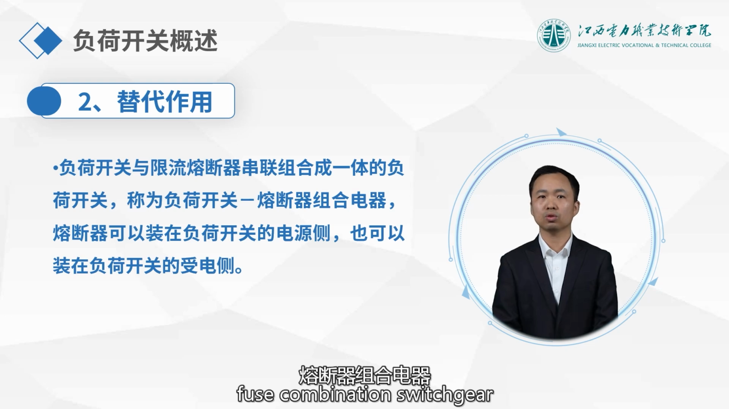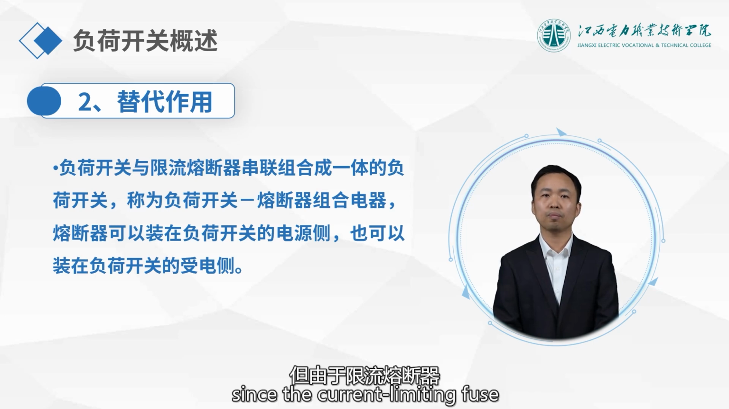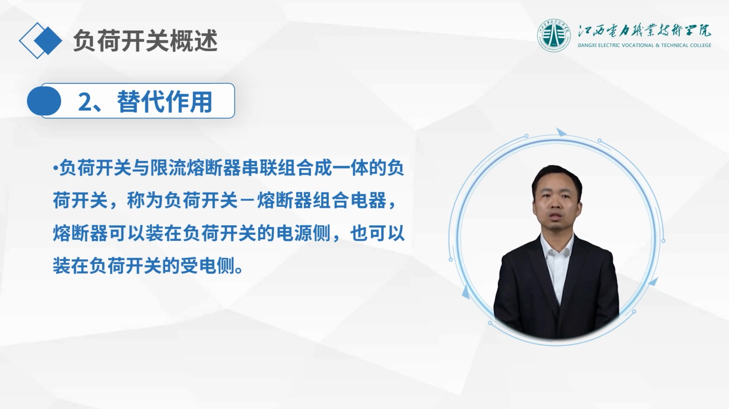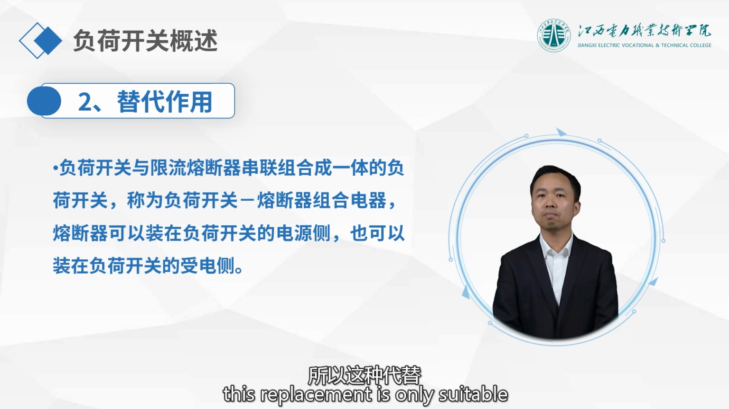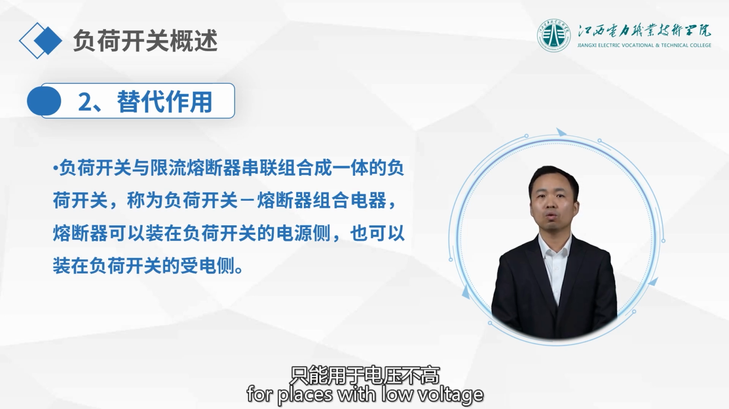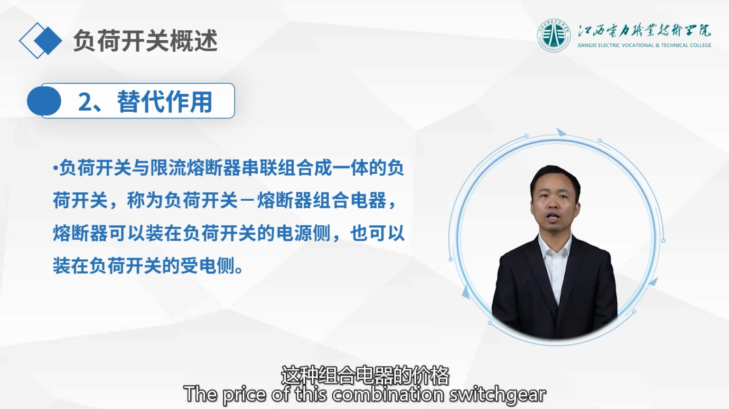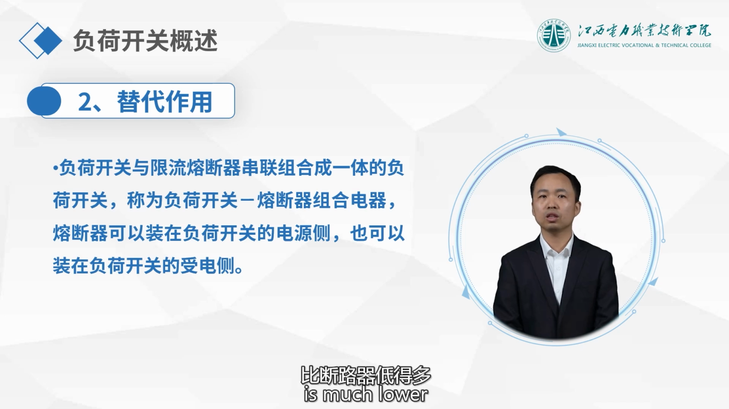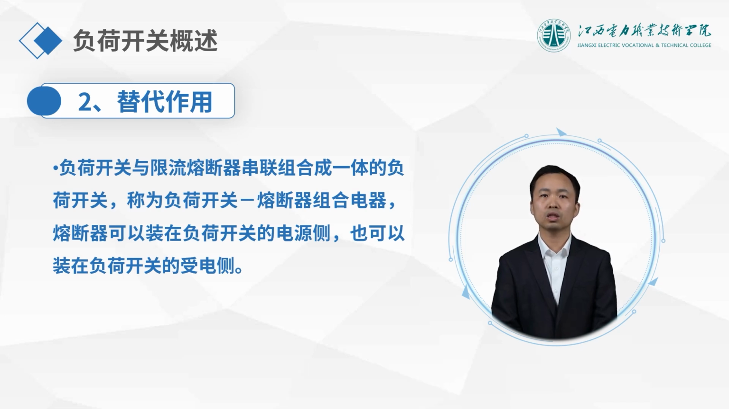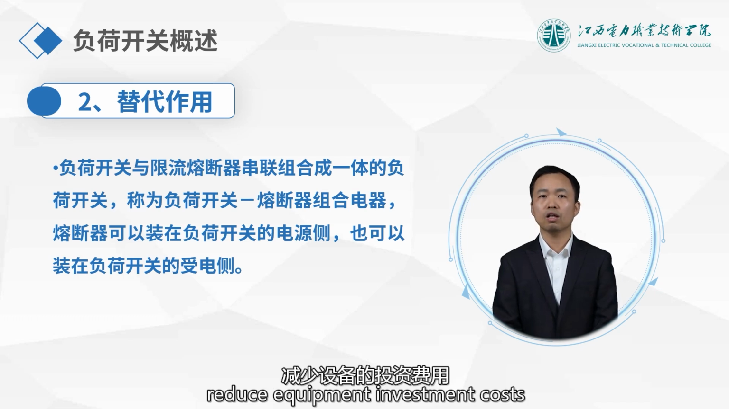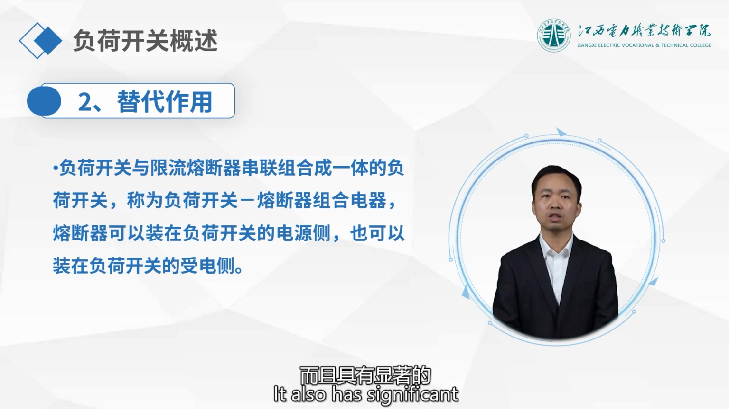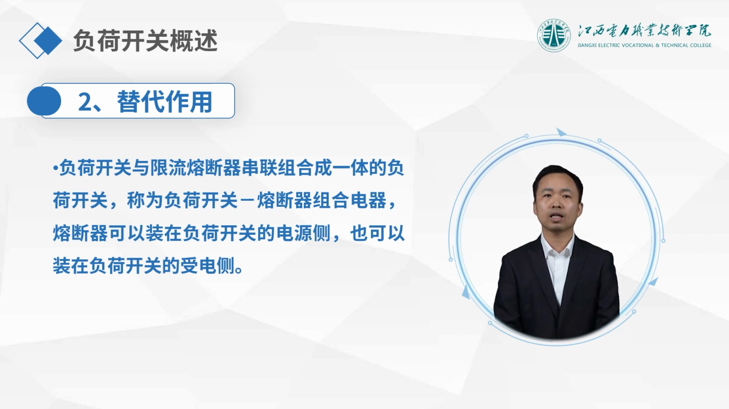Fuse combination switchgear can functionally replace a circuit breaker, although the current-limiting fuse is a single-use device. This replacement is only suitable for places with low voltage, small capacity, and not very critical applications. The price of this combination switchgear is much lower than that of a circuit breaker, which can effectively reduce equipment investment costs. It also has significant current-limiting effects, which is important for the dynamic and thermal stability of the power